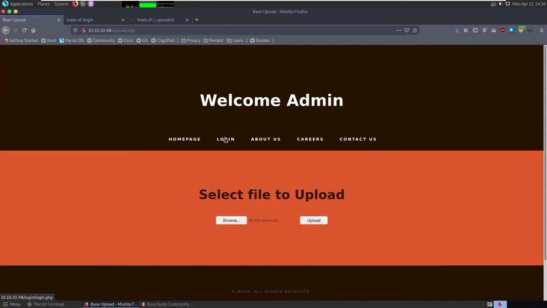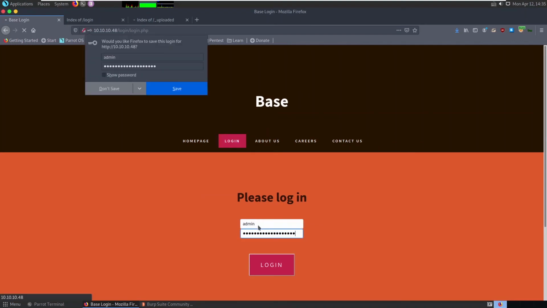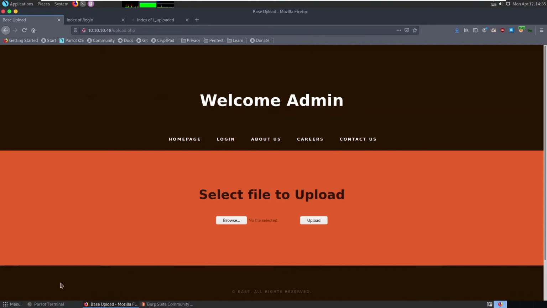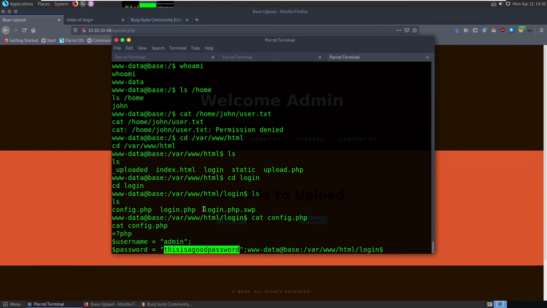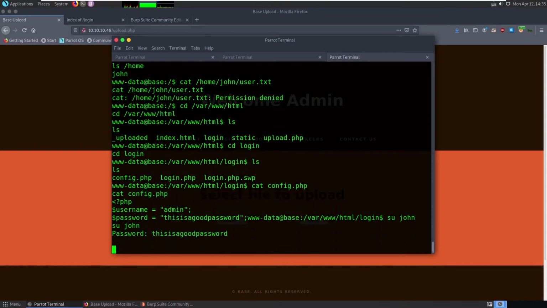Now what you can do is you can click on login and you can say admin and hit enter. So now we can see you can again select upload, select the PHP file, you can get the reverse shell, but it is the same shell, that is www-data. So there is no difference between this and that shell. So this is a password for the John user. So now what I can do is say su John and paste the password. You can see we have logged in as the John user.